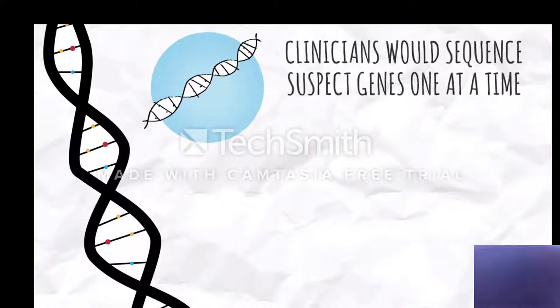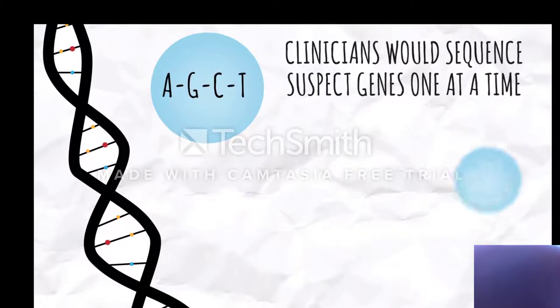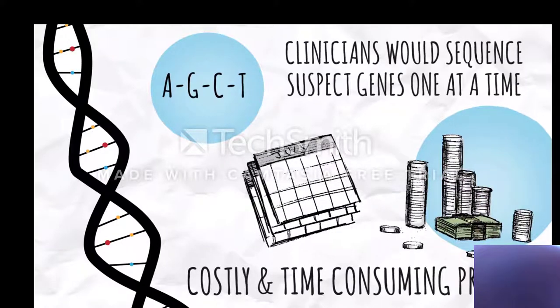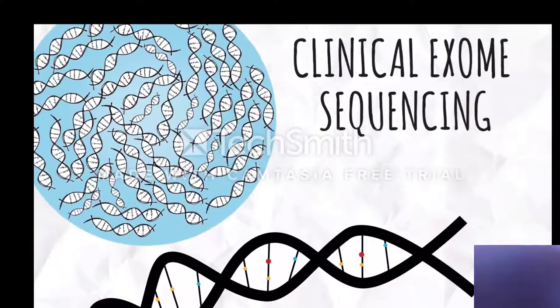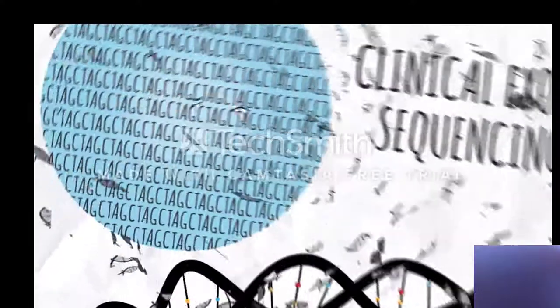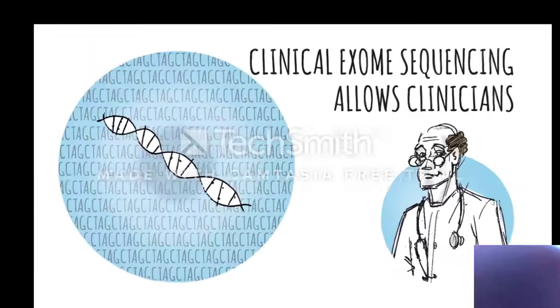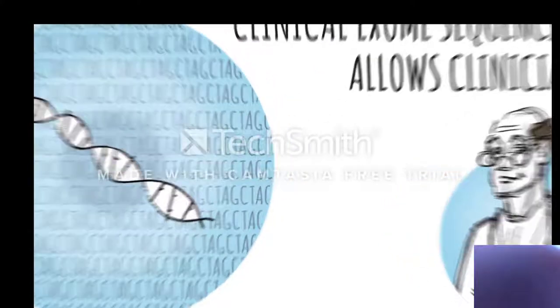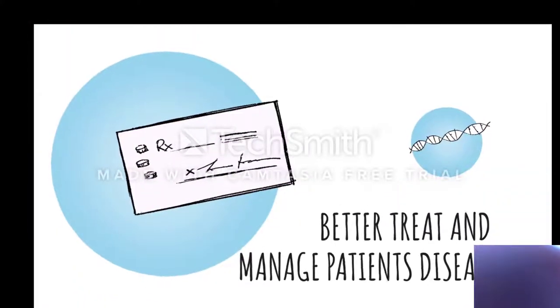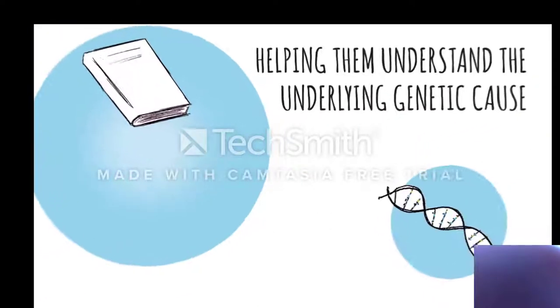In the past, clinicians have been able to detect these spelling mistakes by sequencing suspect genes one at a time. This often resulted in a costly and time-consuming process. With the advent of clinical exome sequencing, clinicians are now able to simultaneously survey all 20,000 genes. Clinical exome sequencing allows clinicians to better treat and manage their patient's disease by helping them understand the underlying genetic